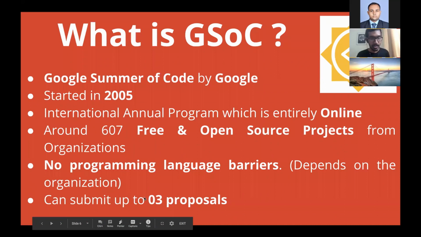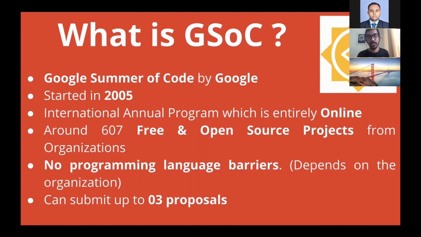And you can submit 3 proposals every year, and if your proposal is good, you can move forward and you can be selected as a Google Summer of